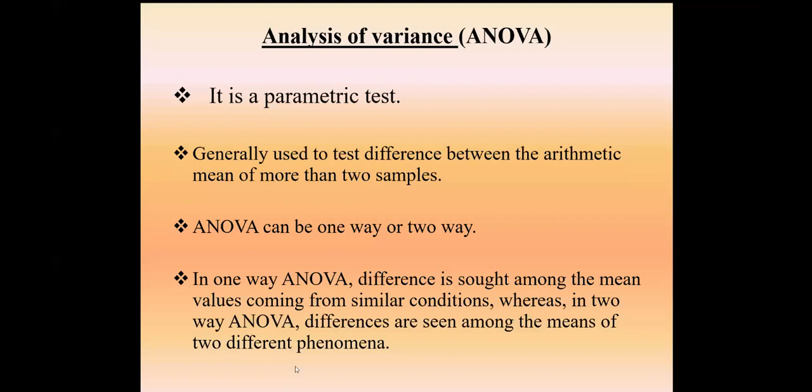So ANOVA, t-test, z-test, f-test, these are actually parametric tests. And see, chi-square test or Mann-Whitney test or Kruskal-Wallis test, these are non-parametric tests, because in case of non-parametric tests, the mean values or other parameters of descriptive statistics are not required at all. So this ANOVA is a parametric test. In this case, we actually need the mean value. Sometimes in calculation we need standard error or standard deviation values also. So that is why it is a parametric test.